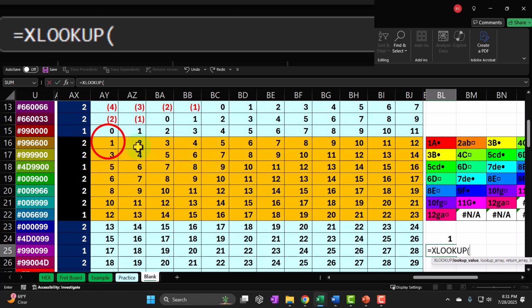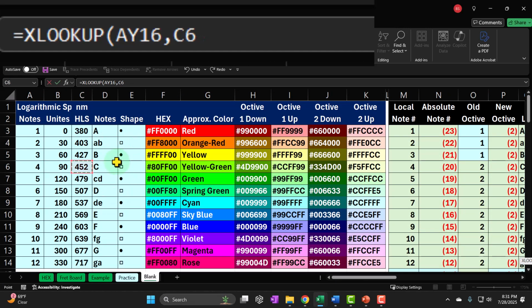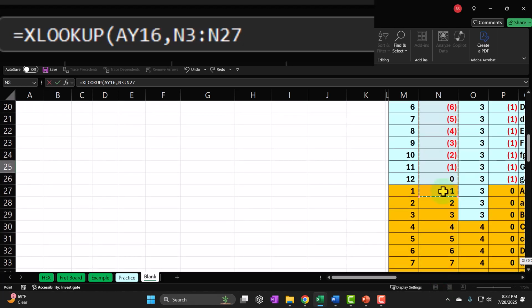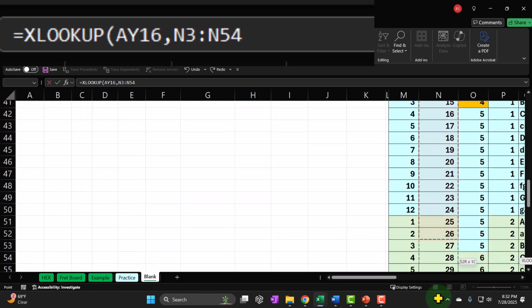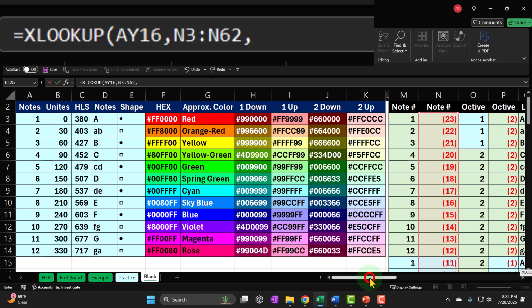I want you to find that 1, because I'm going to be doing it in this cell. Where do you want it to find it? I want you to find it not in this anymore, that would be the local distance. I want you to find it here in the absolute distance, which is still going to pull in that 1 right there. Going from here down to here, that's the range. I want you to look at it in that range, comma, and then I want you to return to me